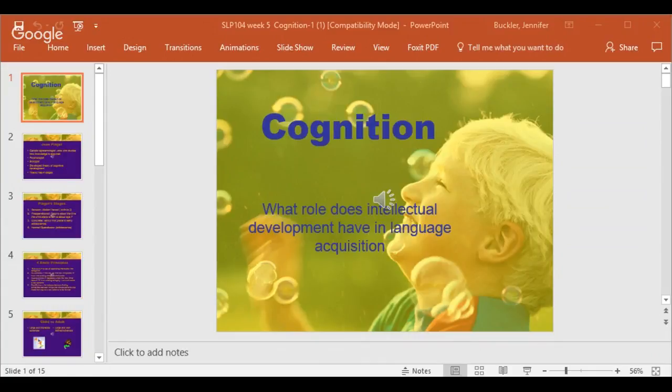And it has, whoops, what happened to that slide? Hello, there we go. Yeah, hang on, let's back that up a little bit. That got a little wonky on me. All right, so the theory of cognitive development